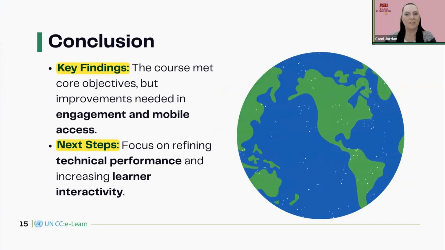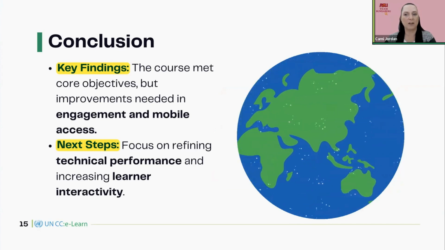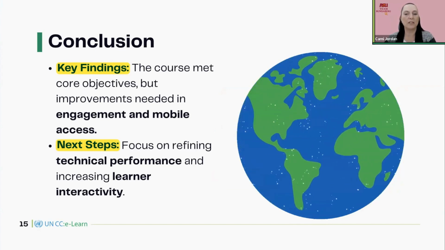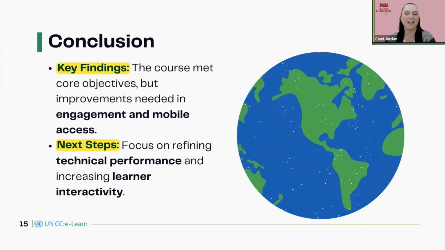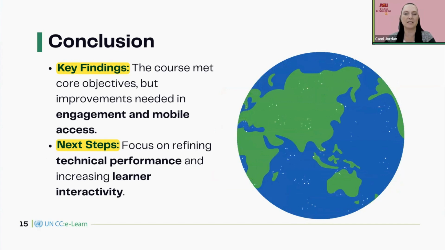In the end, our evaluation found that the Plastic Waste and the Basel Convention self-paced course successfully met its core goals, delivering relevant, high-quality content and supporting real-world applications across diverse professional settings.